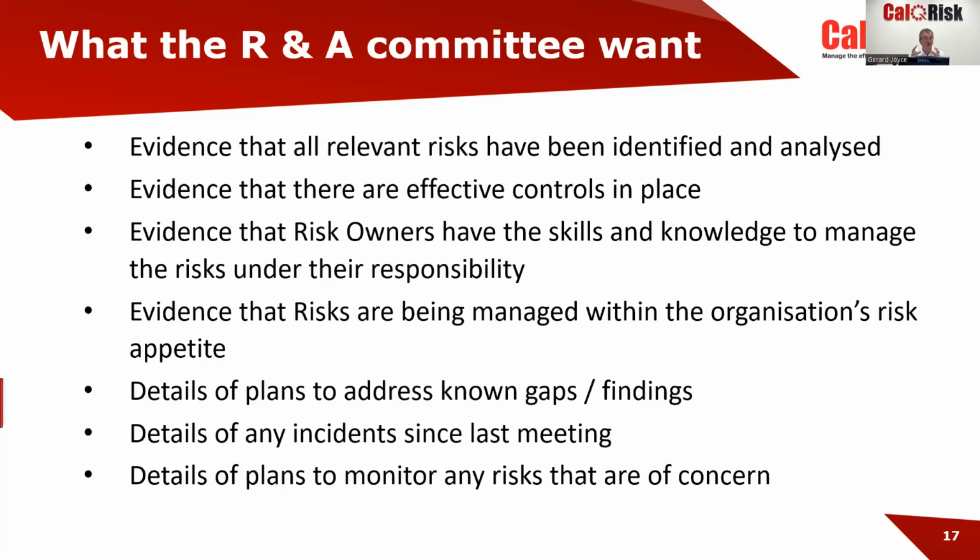Evidence that all relevant risks have been identified. Have you got all the risks? How did you choose the risks? Was it sat around a table and said, oh, I know, and can we pull them out of the air? Or is there some structure to that? Is there some taxonomy? And maybe a bottom up, maybe it's top down and bottom up. So they need to gather that evidence so that they can give the assurance to the board that all relevant risks have been identified. The controls are effective.